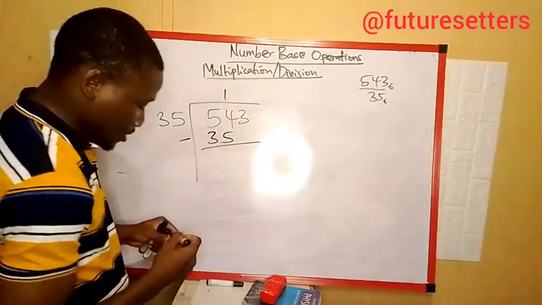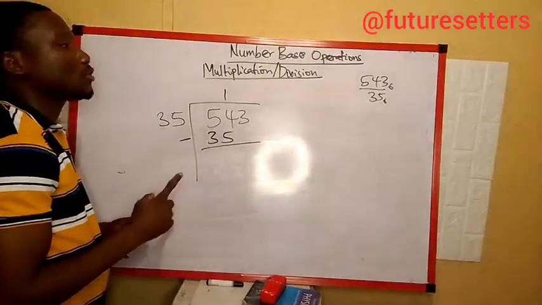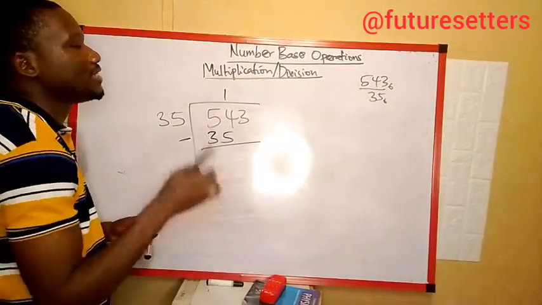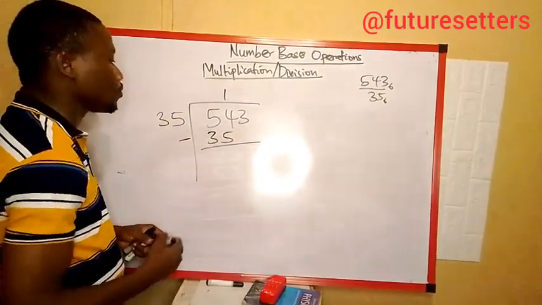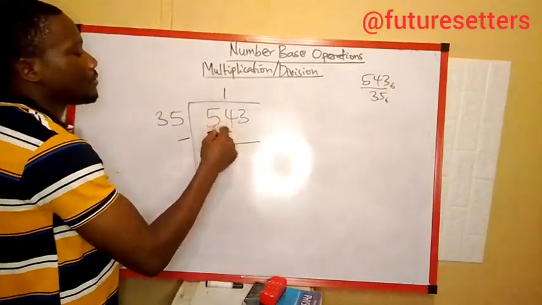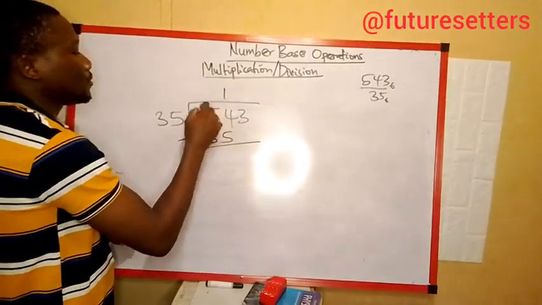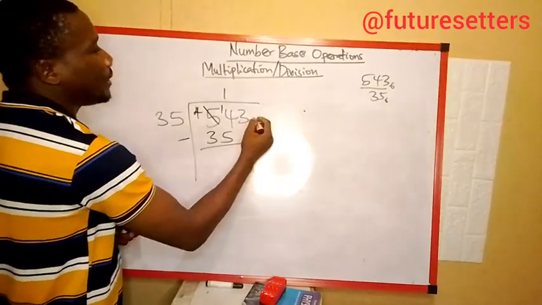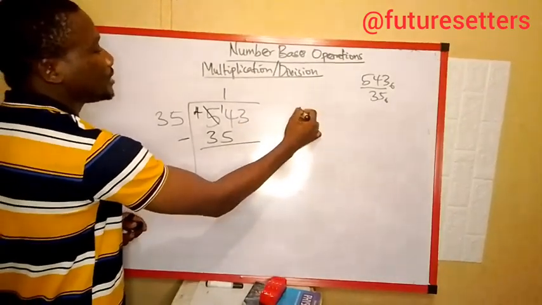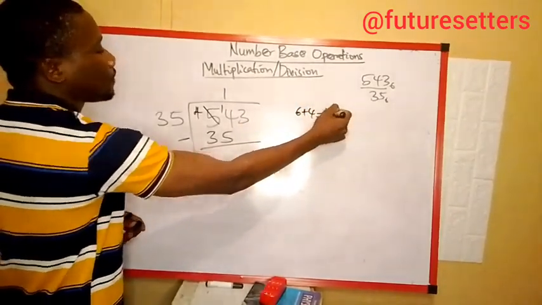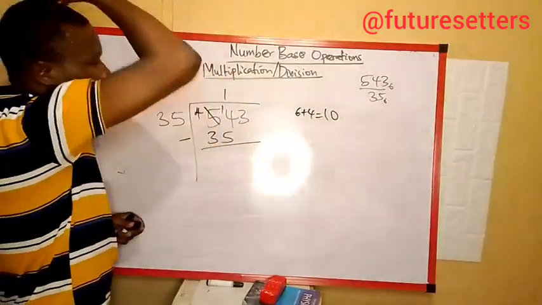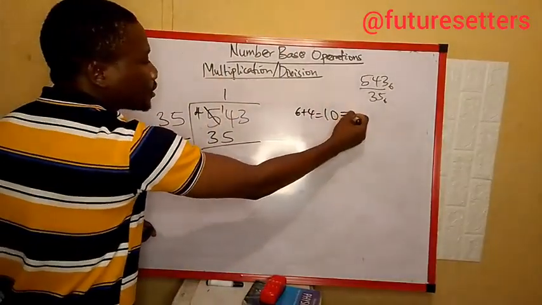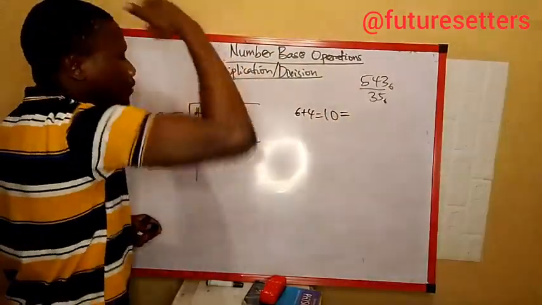Okay, we subtract. Remember, whenever we are subtracting in respect to base 6, not normal subtraction. So 5 cannot be subtracted from 4. So we borrow 1, 4, add 1. So now 1 plus that 1 there represents 6, because that's base 6. 6 plus 4, which is 10. We are going to break 10 in respect to base 6, which is going to give us